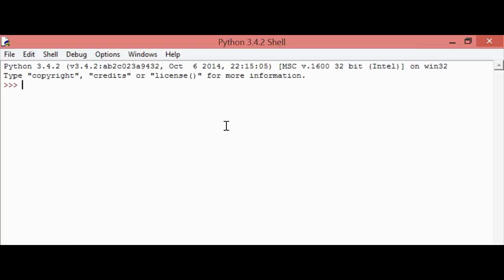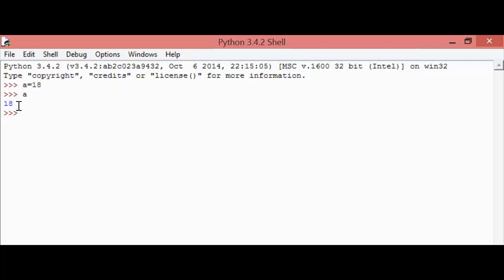Now let us understand through a simple example. Here I opened a Python shell and now I'm going to execute some examples of number. Here you can see I assigned a numeric value to a variable a. Now when I execute this, here we get the result 18, which means that the variable a stored a numeric value. So this is an example of number.